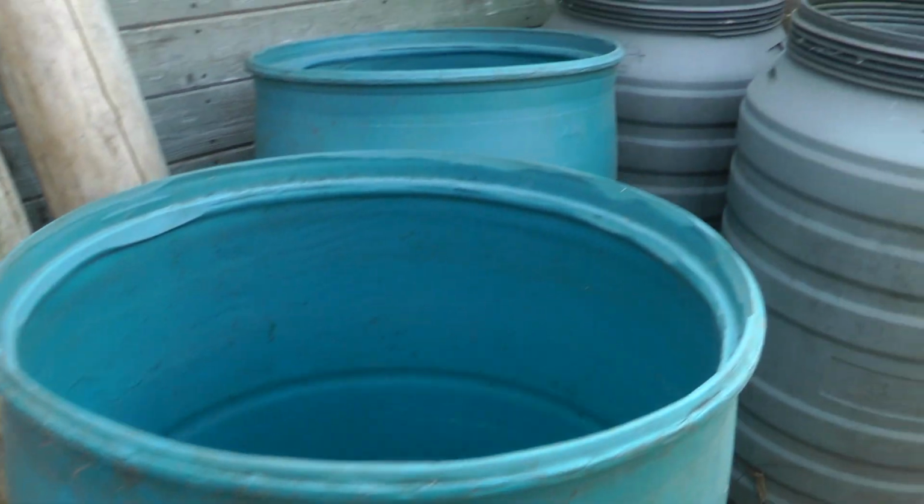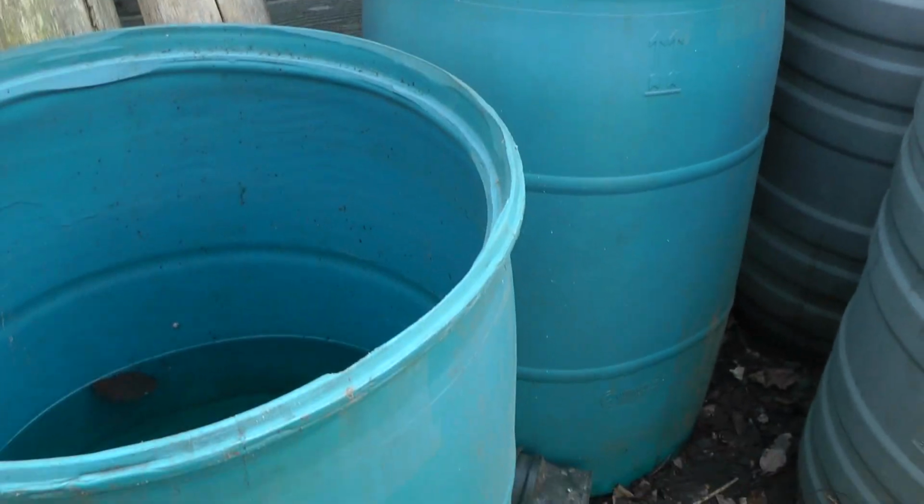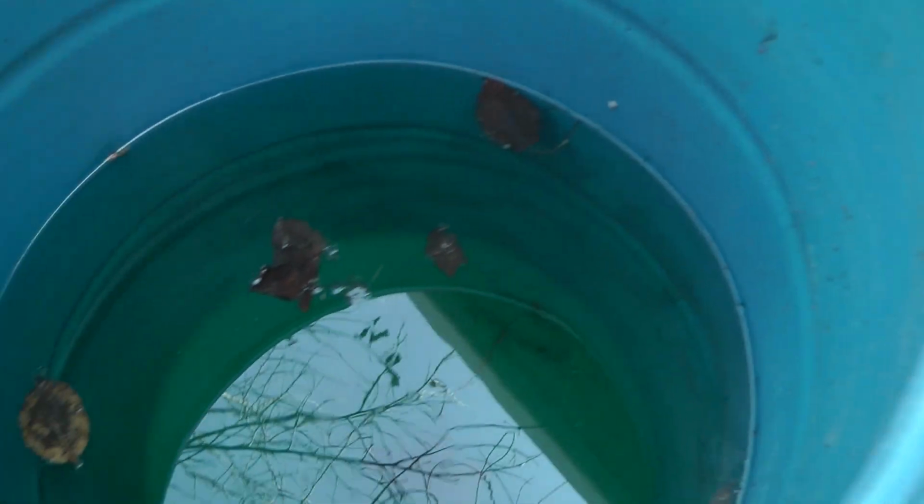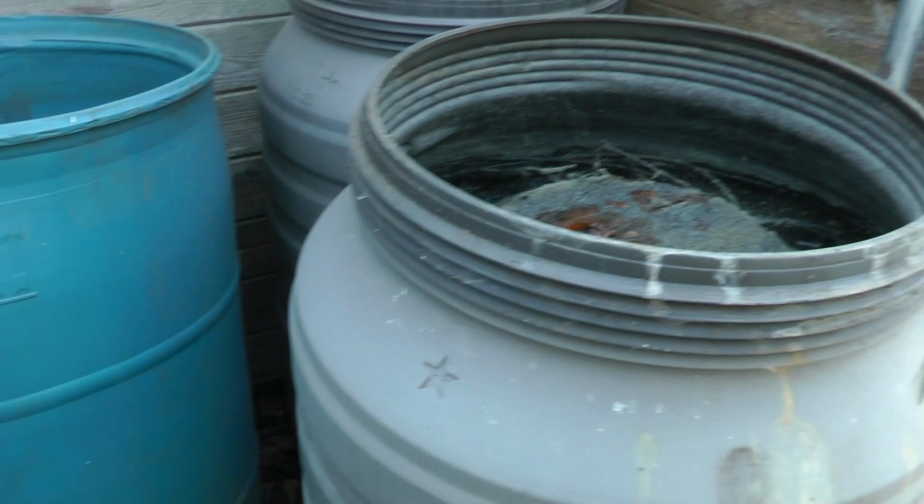Then I have got a space here for collecting water in open barrels. Now in the summertime I don't want to do it because you got mosquito problems, but when we have frosts and in the wintertime I can collect water. It doesn't matter if this freezes in here. And I've got a couple of